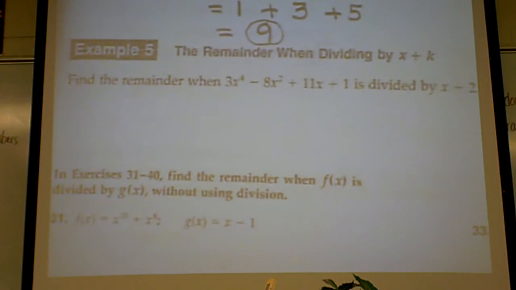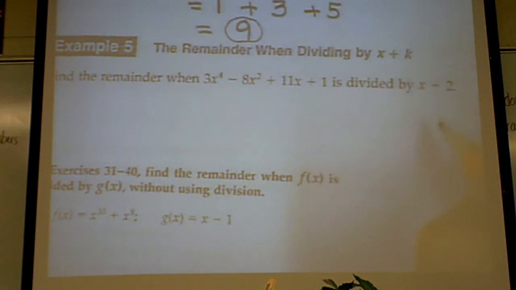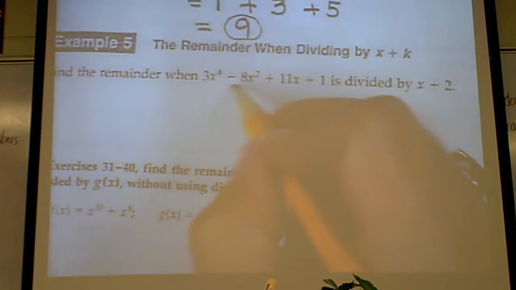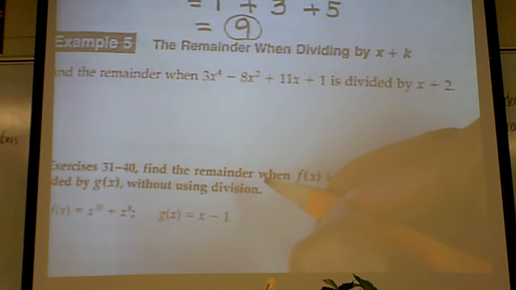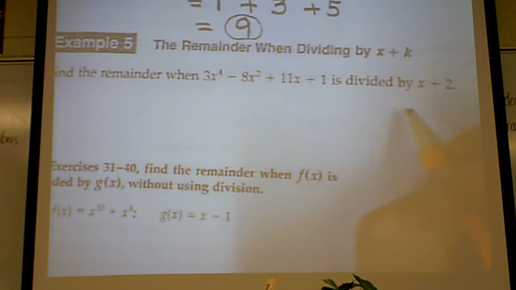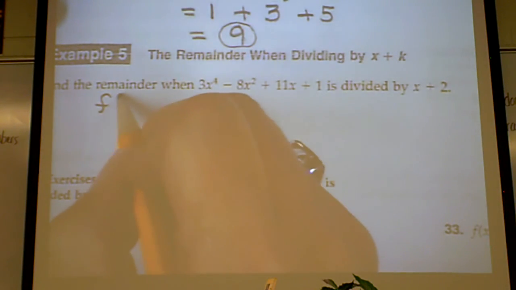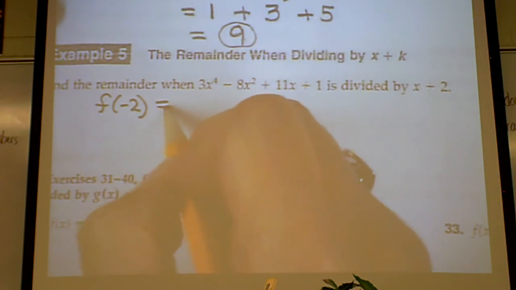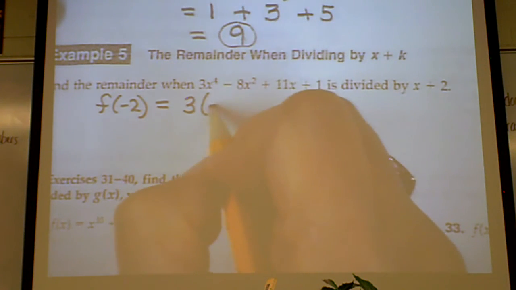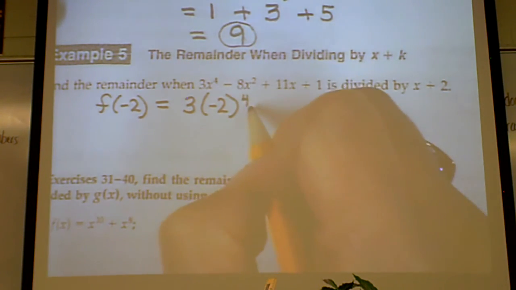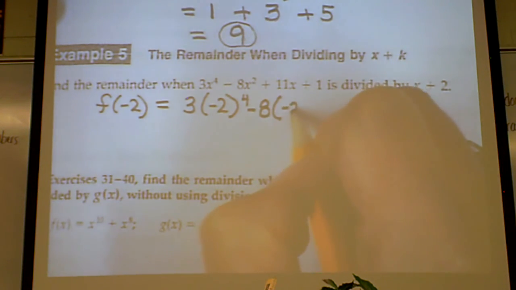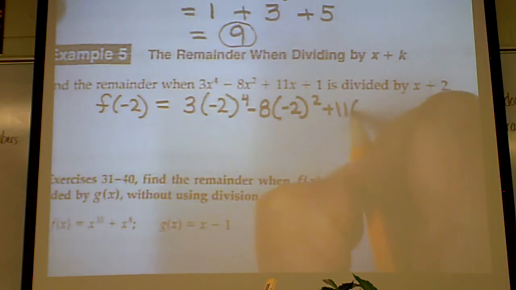If I asked you to take x plus 2 and see if it goes into this, and if it doesn't, what would be the remainder? I don't want the quotient, I just want the remainder. So, what do we do? Plug in negative 2. So you're going to do f of negative 2. So we get 3 times negative 2 to the 4 minus 8 times negative 2 squared plus 11 times negative 2 plus